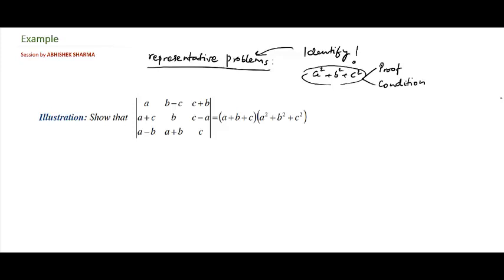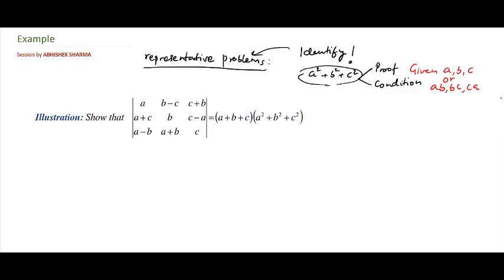So the question will be involving a square plus b square plus c square, and you will be given a/bc, b/ca, c/ab type terms. So the determinant will be containing these terms, and you will be required to find a square plus b square plus c square. From here I require this. So this is the situation where we use this particular set of transformations, the typical set of transformations in such problems.